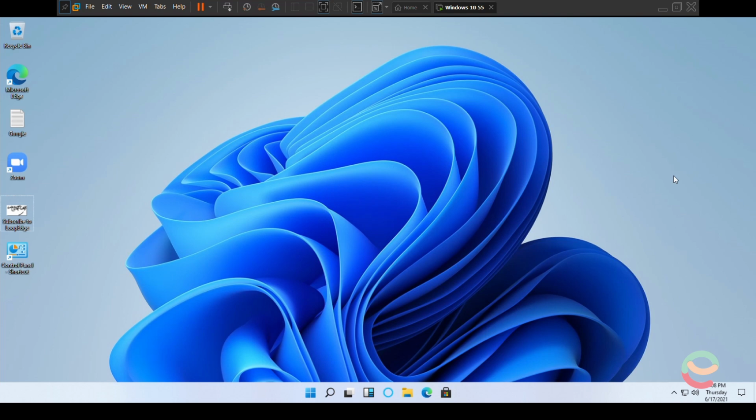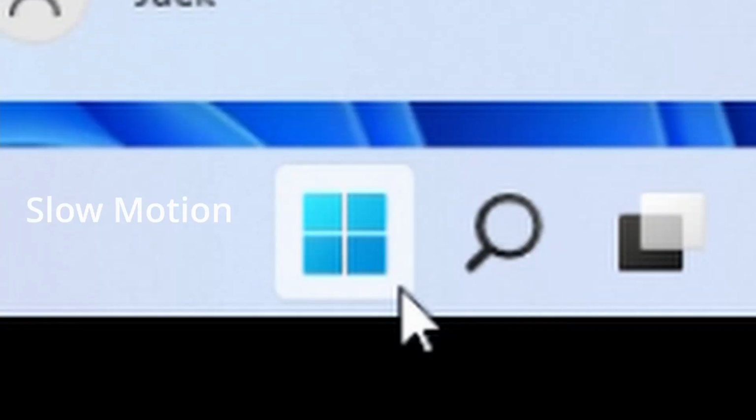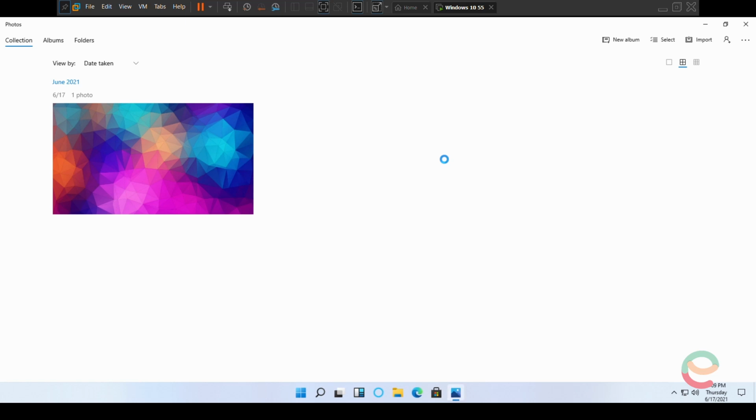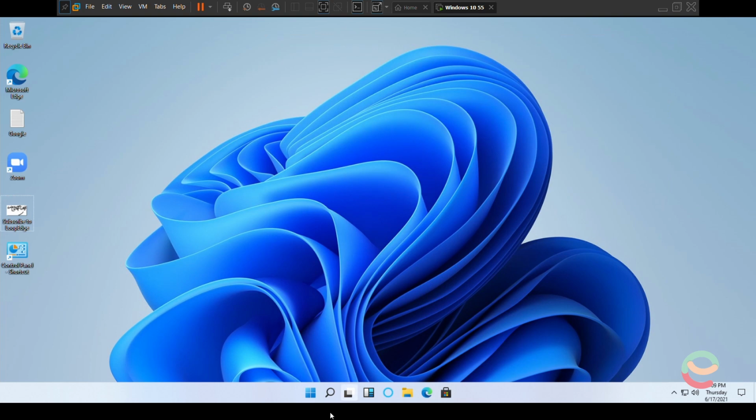Okay, so now I'm going to give you a nice little animation loop right here. In the start button, when you click it, you could see a short animation playing. Look at that! It dims and lights up. That's cool and that's new. Okay, so let's go and see the Photos app and see what the new stuff is. There's nothing new about this decade-old, half-a-decade-old Photos app. So there's nothing. Let's close it up. Don't care about it.